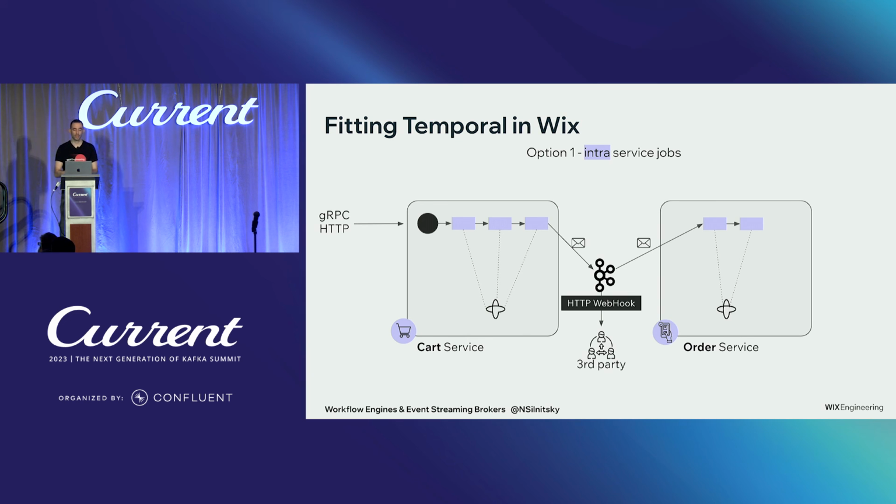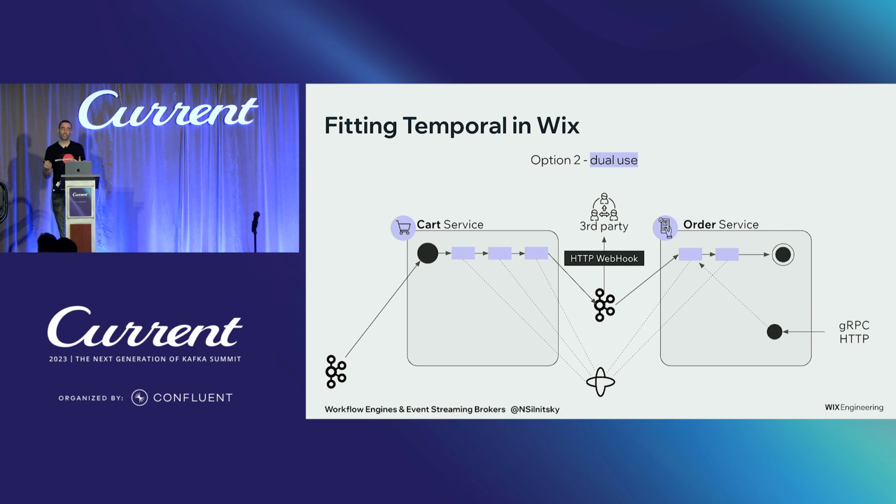The first option is we get the workflow done only inside a single service. So we keep the decoupling going because we get incoming HTTP, we have Kafka in the middle of the services. But like I mentioned, you're going to lose a lot of the workflow benefits because you get smaller workflow chunks. So you start ending up with the same dilemma of how to monitor in production, how to see the high-level flow. Because usually these flows are on multiple microservices these days, right?